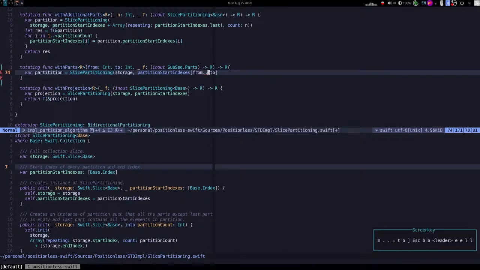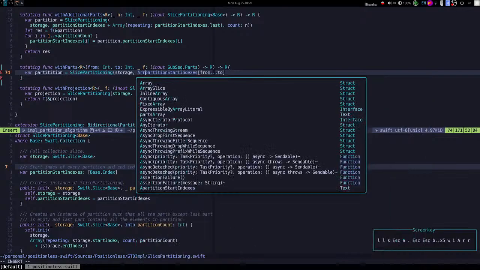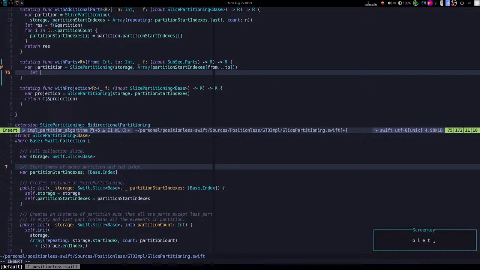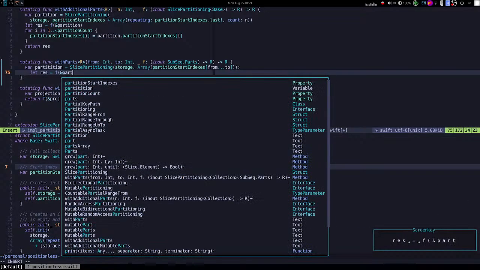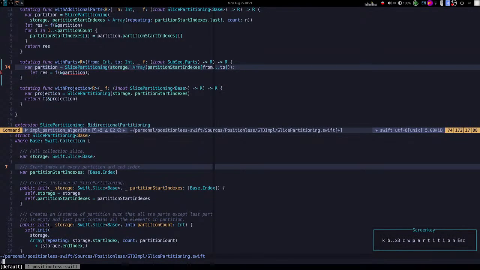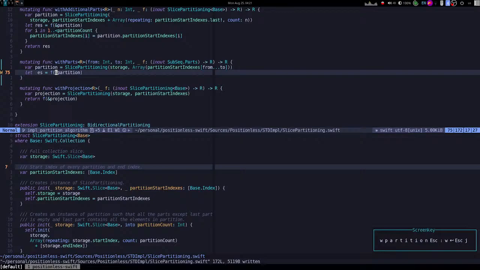It's not in scope, and I think I would just make it an array, and that's it, right? So this is the partition we have. Once we have our partition, we are like, okay, fine. Result is basically... oh wait, the spelling of partition was wrong. So result is basically calling f with partitioning,